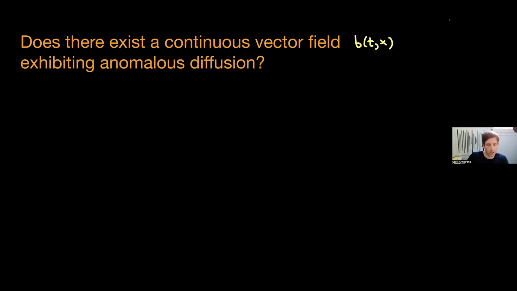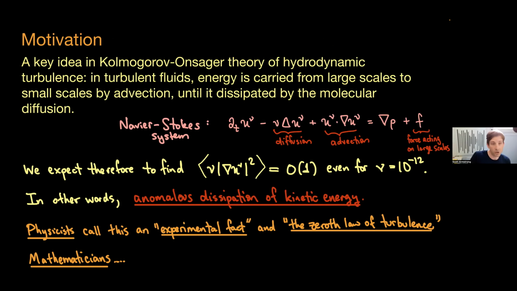Let's see if I can go to the next page. So the funny thing about this is you can ask the question, does there exist a continuous vector field exhibiting anomalous diffusion? And it turns out to be open. Now I should put an asterisk here because there have been some papers about this that prove anomalous diffusion. So I really mean, does there exist a vector field with the conditions that I like that exhibits anomalous diffusion? Some conditions that I'm going to put for admissibility of the vector fields that I want to see. And this is an open problem. And this is funny because this should be a very basic thing that turbulent fluids do.